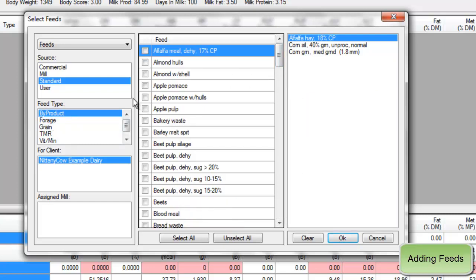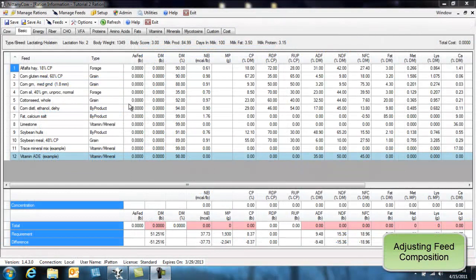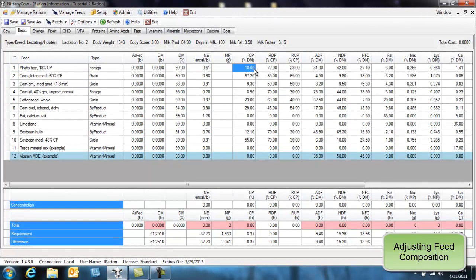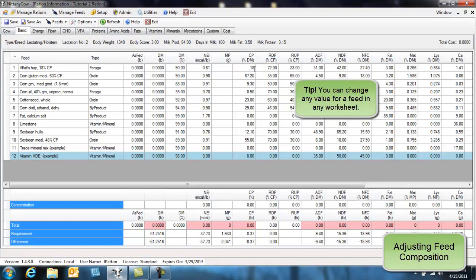To speed things up, I will fast forward through this process. Now that you have your feeds in the ration, you will want to adjust the nutrient profiles of the feeds in each of the relevant worksheets, or you may choose to rely on the default values for certain feeds. To alter feed nutrient values manually, select the appropriate cell for a given feed in a worksheet and then enter